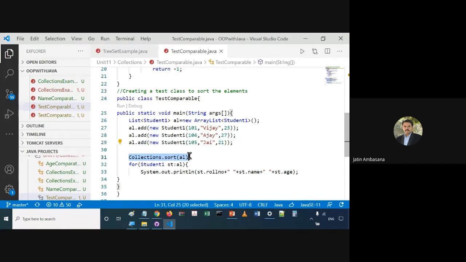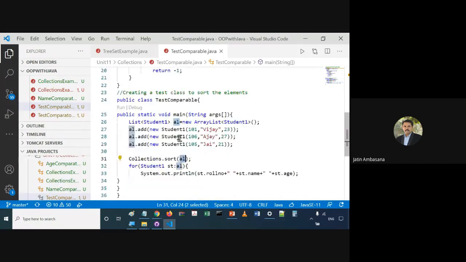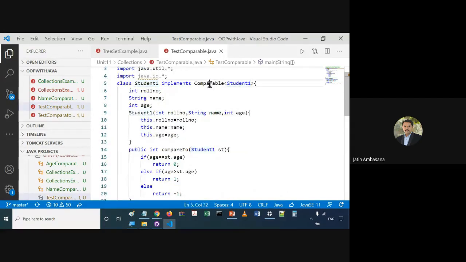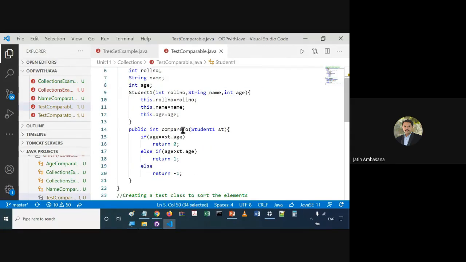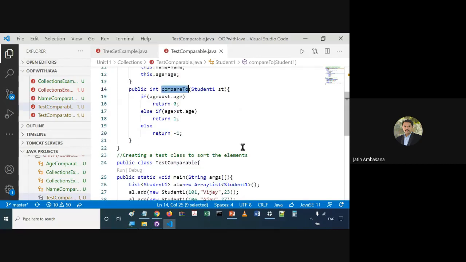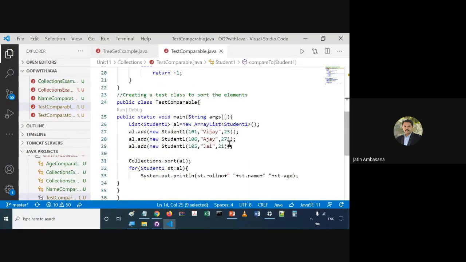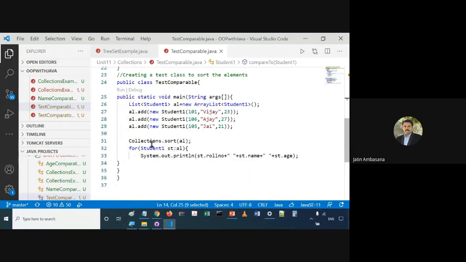Then we say Collections.sort. How will this sort the objects? It will see whether this Student1 class is a Comparable object. Yes, we have implemented Comparable. Does it have a compareTo method? Yes. So accordingly it will call the compareTo method for each object, compare them and sort.